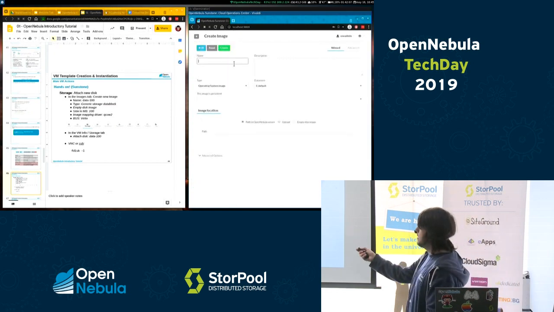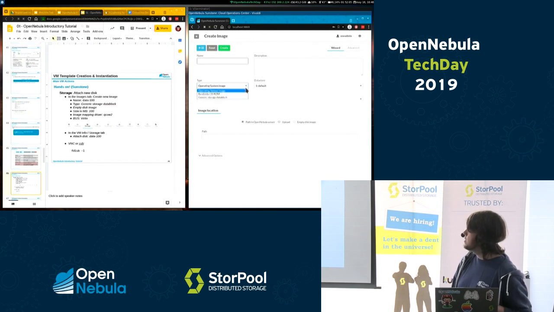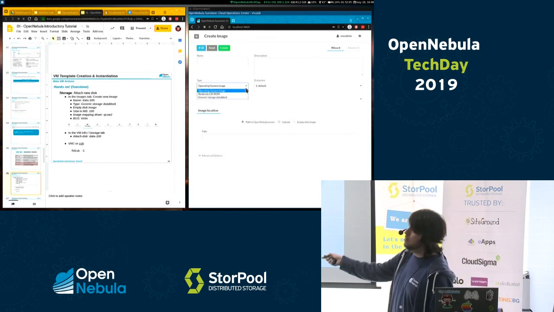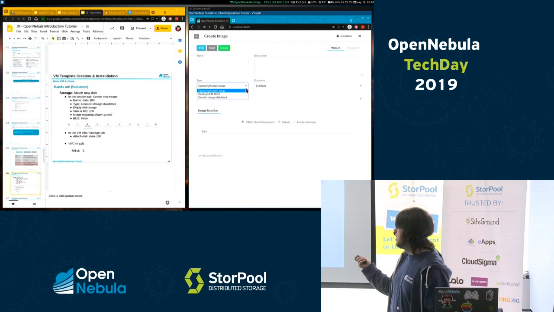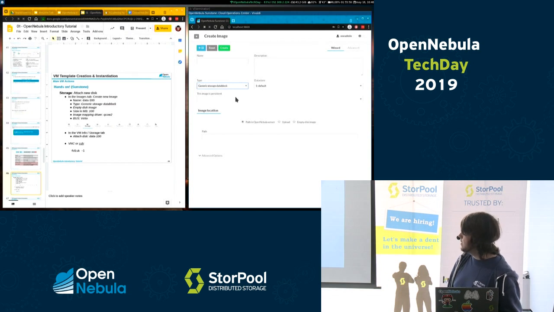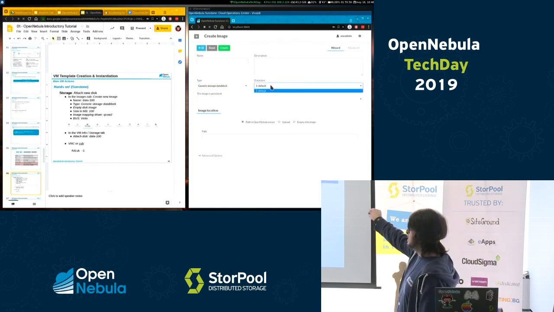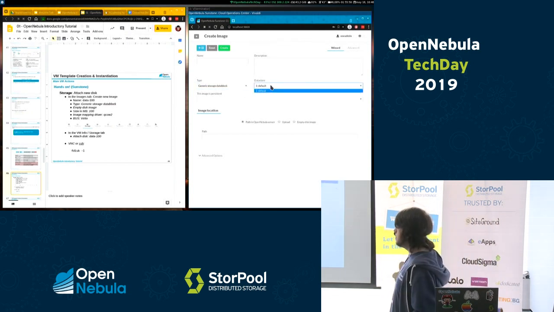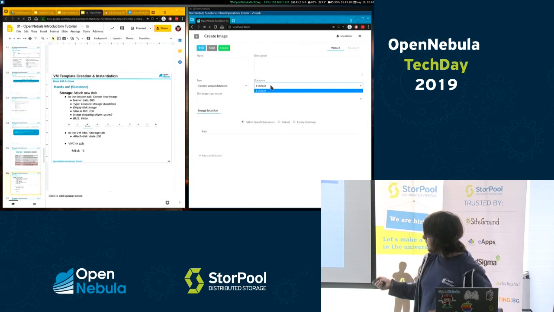You can create different types of images. You can create an operating system image, a read-only CD-ROM, and now the storage and data block we want to create. Here you can see the image data store you have available. In our case, we just have one, the default data store. And then if we choose,